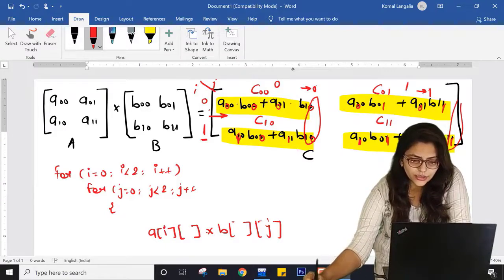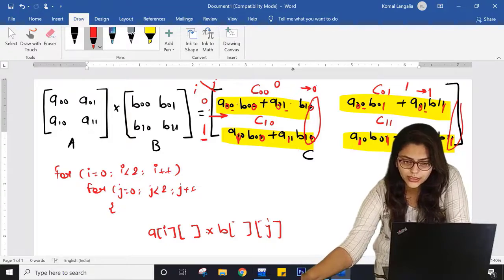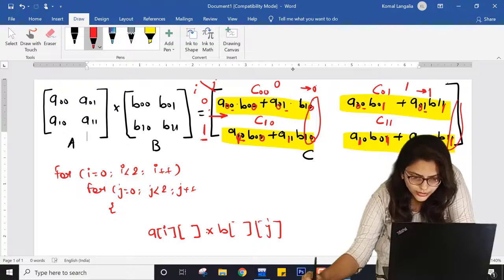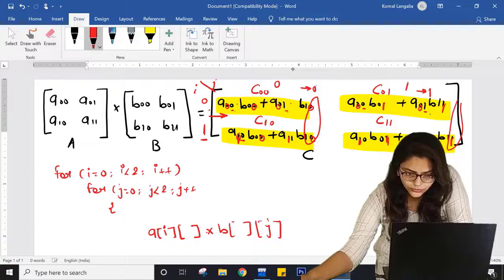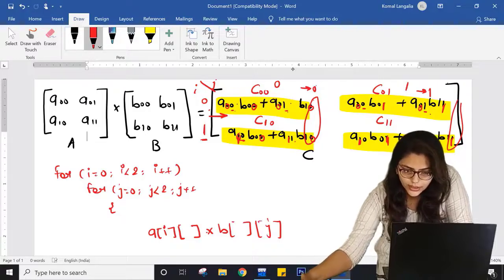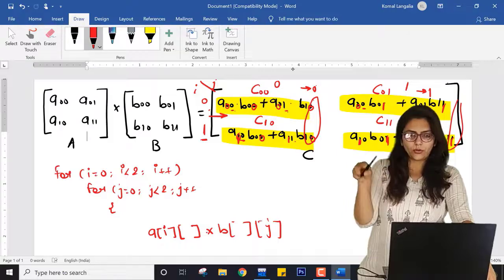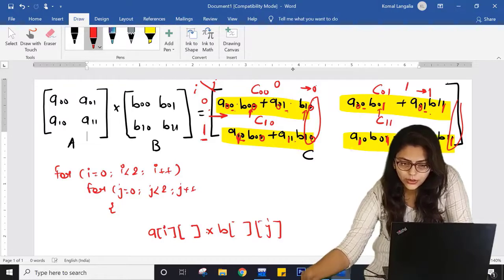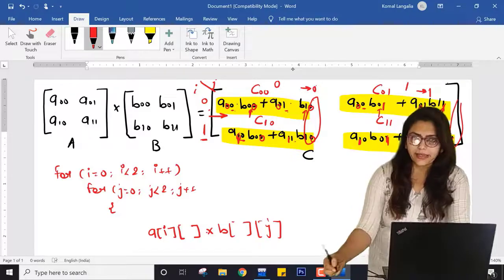Now let's see this change. Here it is 0, here it is 1. Here it is 0, here it is 1. Here it is 0, 1. Every time it goes 0, 1, 0, 1, right? Similarly for this B, you can see here it is 0, here it is 1, here it is 0, here it is 1. You can see it is implemented for all the remaining terms.